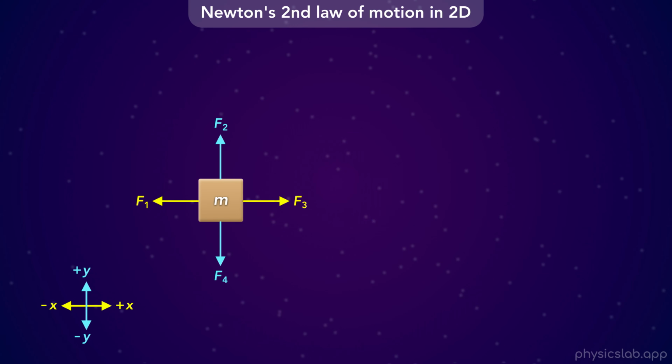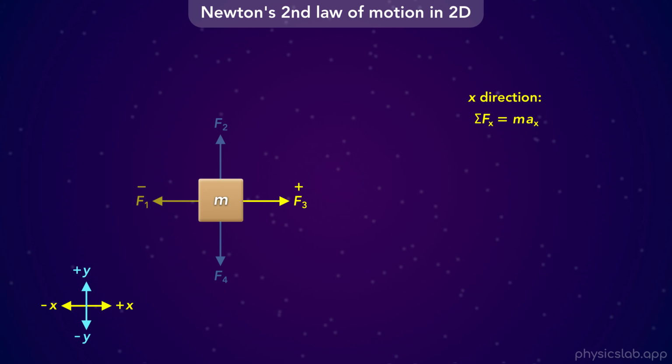Alright, so what does this look like using these forces? Let's start with the x direction. The left side of this equation is the net force. Technically, we're always adding the forces together. But now that we established our coordinate system, F1 is pointing to the left, which is the negative x direction, so F1 is negative. F3 is pointing to the right, which is the positive x direction, so F3 is